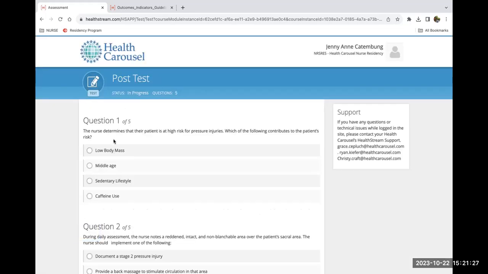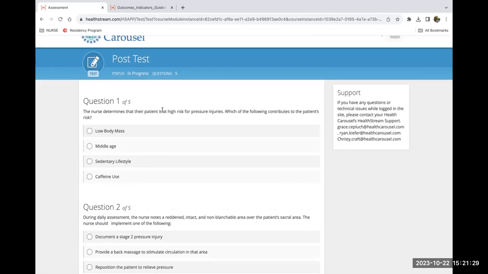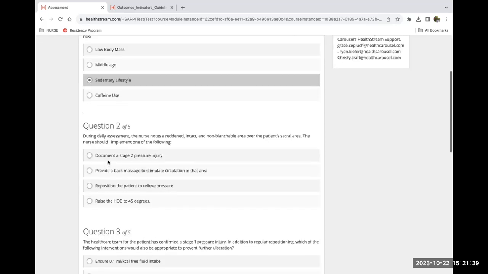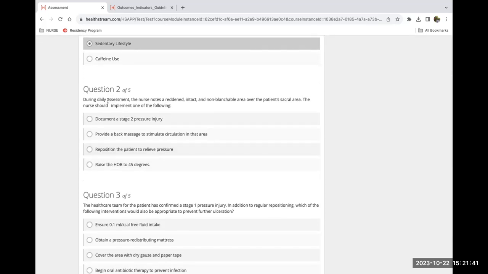The nurse determines that their patient is at high risk for pressure injuries. Which of the following contributes to the patient's risk? Low body mass, middle age, sedentary lifestyle, caffeine use. During daily assessment, the nurse notes a reddened, intact, non-blanchable area over the patient's sacral area. The nurse should implement one of the following: